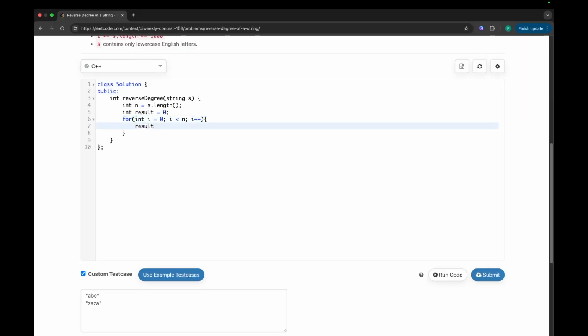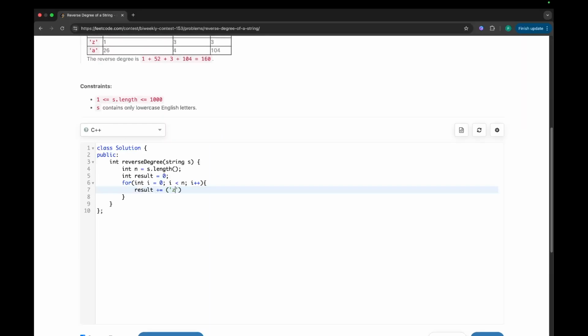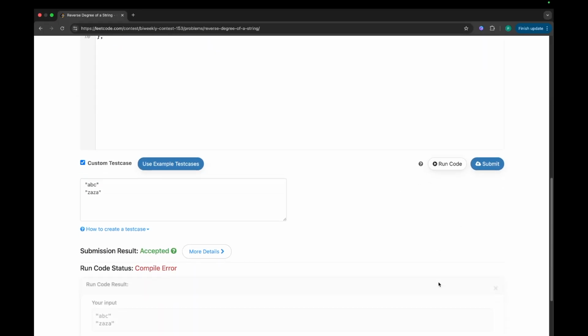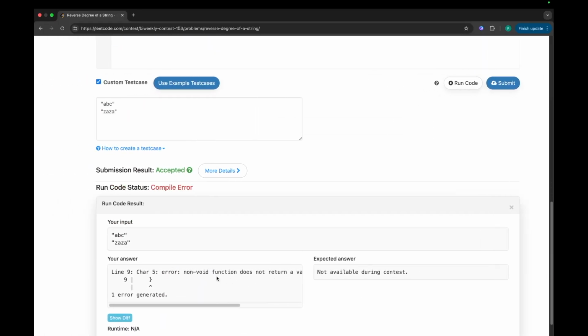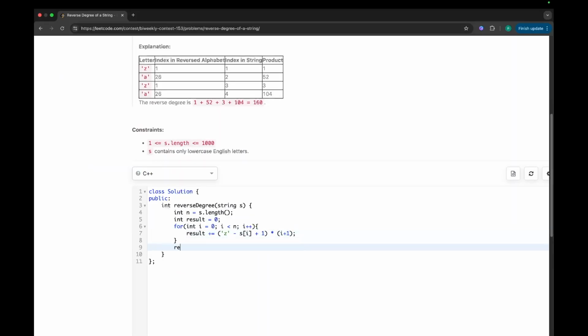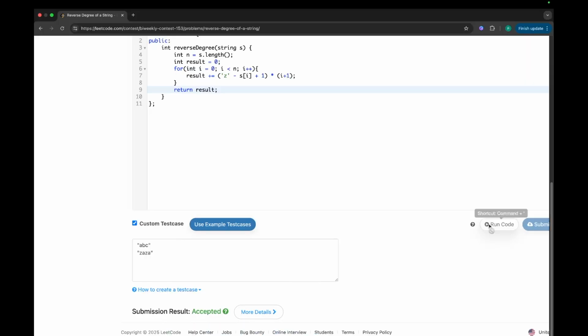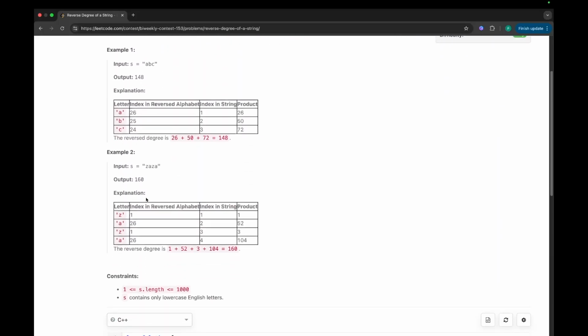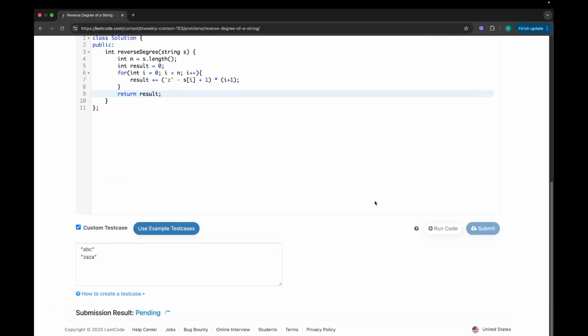The result will be updated with Z minus s of i plus 1, and then we need to multiply that with its position, right? Okay, let's try to run this. Compilation error, oh sorry, I forgot to return the result. Yeah, let's try to run this now. Yeah, 148 and 160. Let's try submitting it.